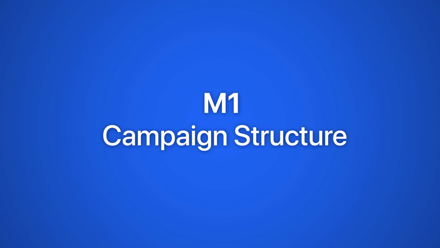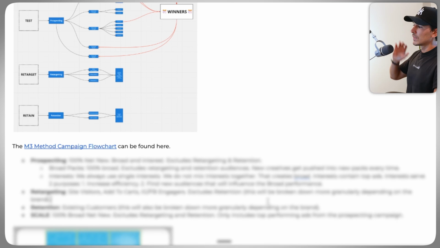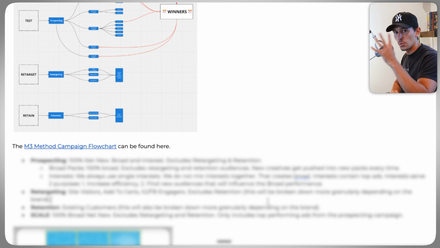And now getting into M1. Now, M1 here, we operate always off a modular campaign structure. I have broken down this campaign structure 100 times over, but I really want to emphasize how critical it is for everyone to execute on something like this. Now, I don't want to tell everyone that this is the only way and there's only one way to run your ads, period, end of story. In fact, a lot of the brands that we work with, this is just the core, and then it gets expanded on from there. Those are some of the more complex things that can only be curated on a one-on-one basis. The full M3 structure, the core of this is broken down into a modular 4-campaign system.